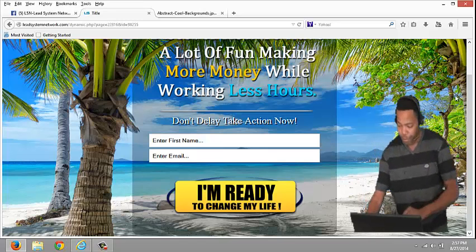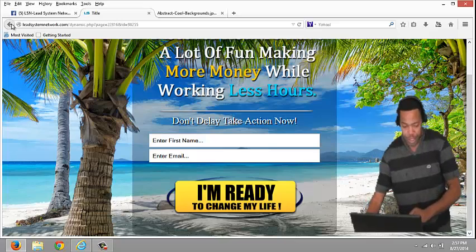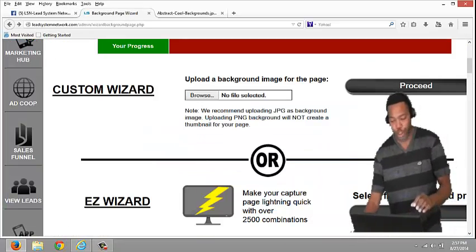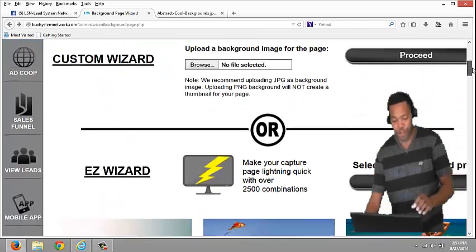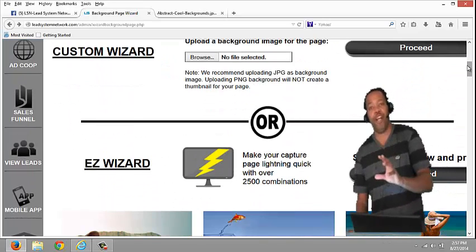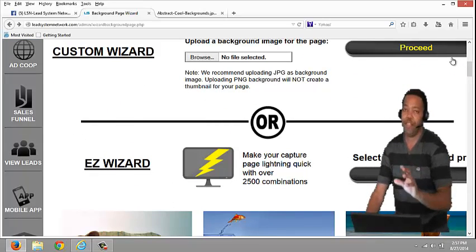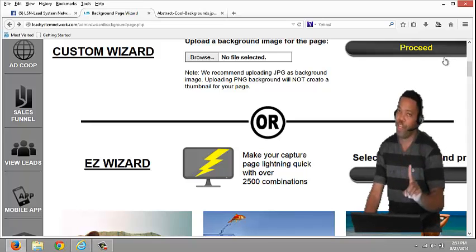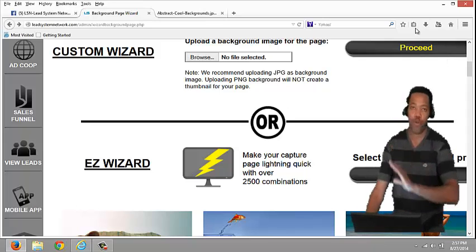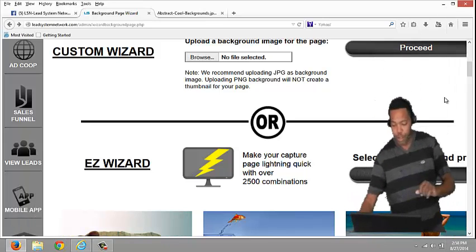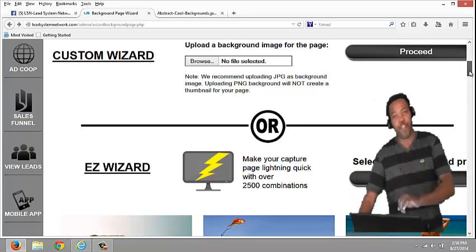Okay, so the next thing that I'm going to show you are some of these components briefly, because all these components together in one place is a $500 value, but you can get all these components at one very low price, starting with free, and you can get your feet wet for free, no credit card, no nothing. Okay, so I'm going to let you get in here and get your feet wet and train you for free.